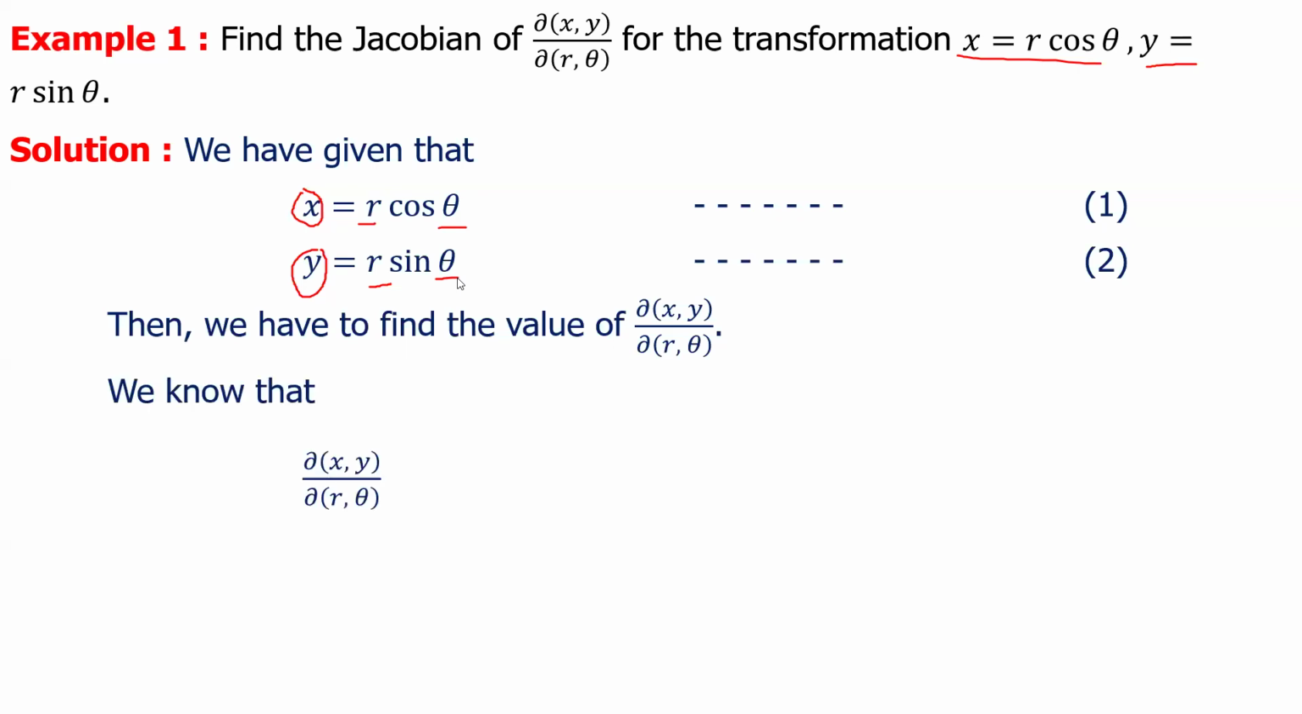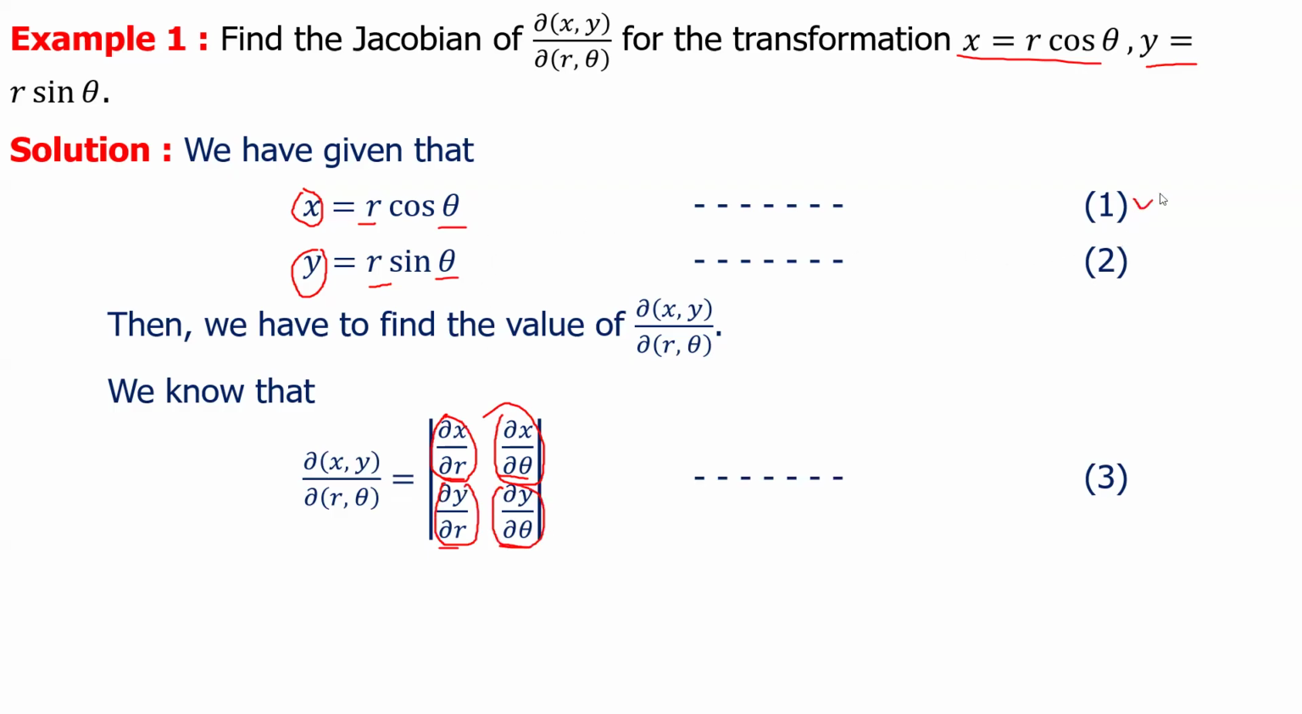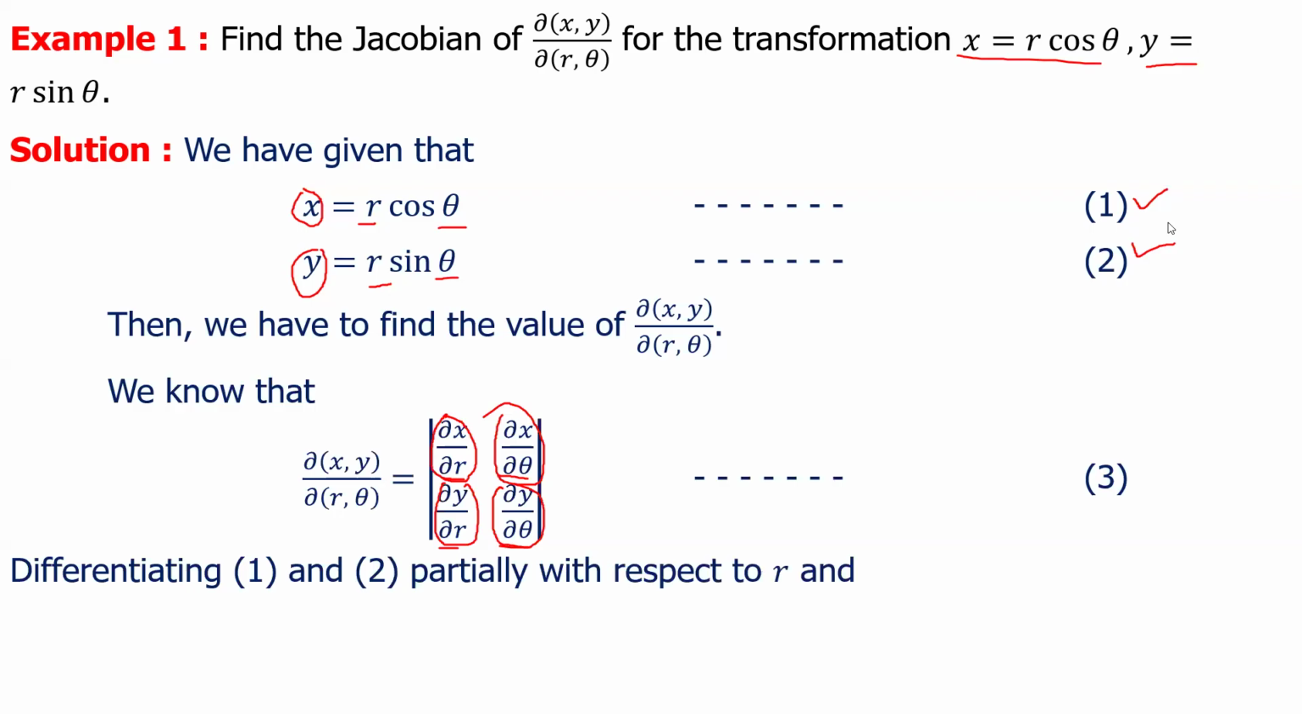We know that the Jacobian of xy with respect to r theta is the determinant of del x del r, del x del theta, del y del r, del y del theta. Now we want to find out the partial derivatives of x with respect to r, x with respect to theta, y with respect to r, and y with respect to theta using equation number 1 and 2. So differentiating 1 and 2 partially with respect to r and theta respectively, we have